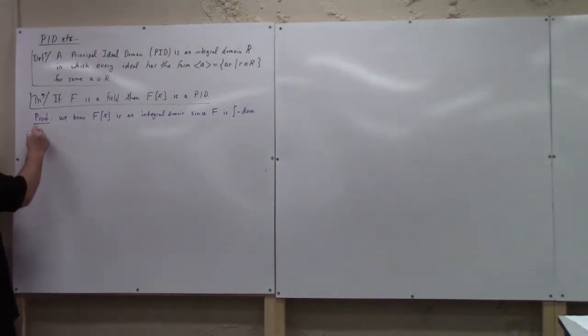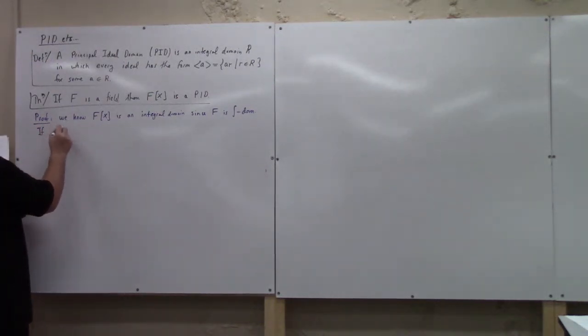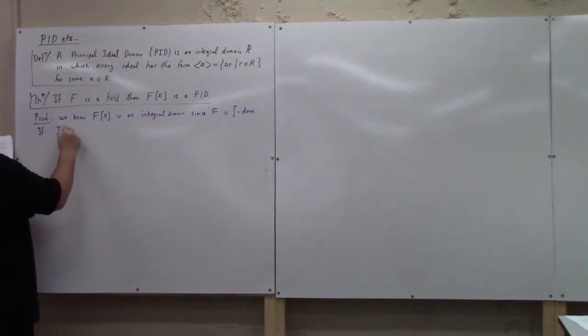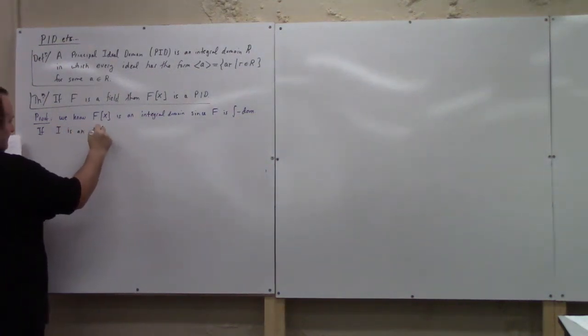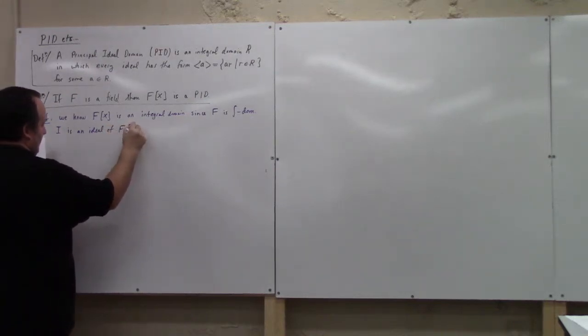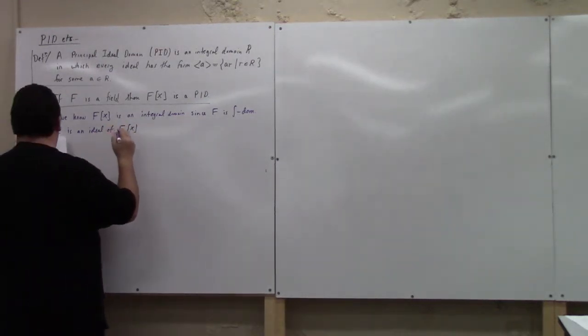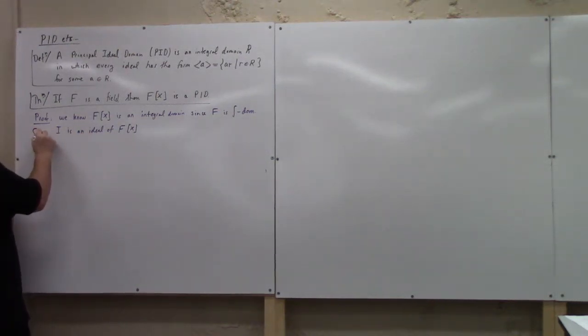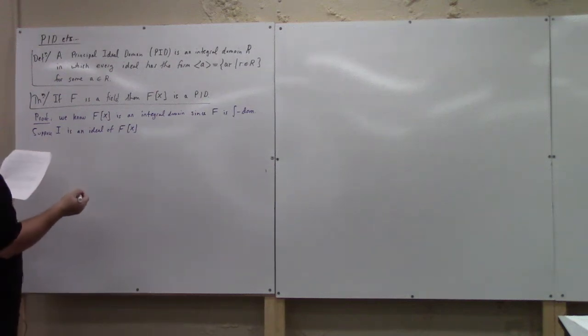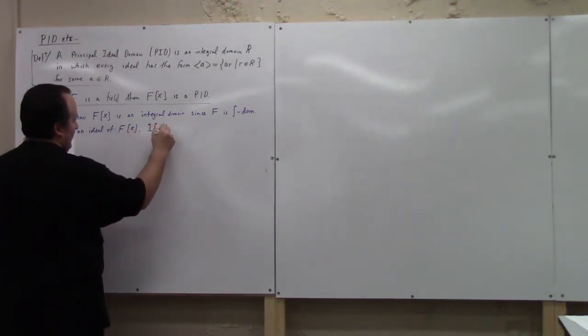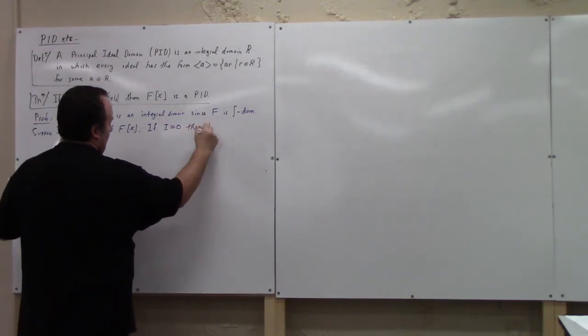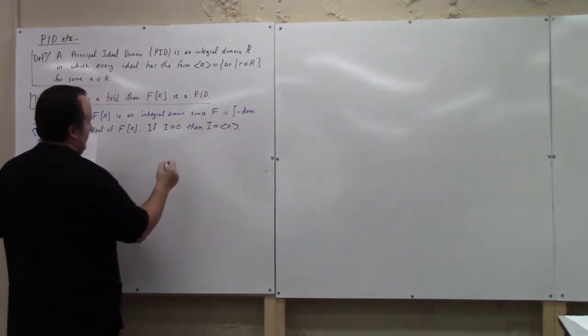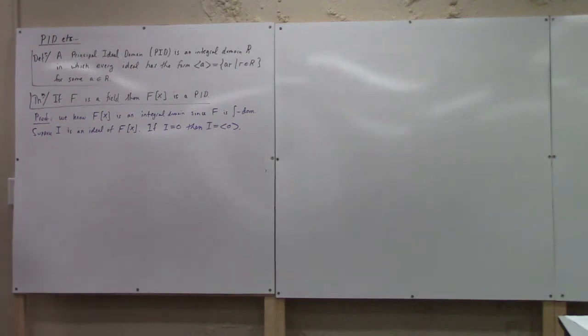So suppose I is an ideal of F[x], the polynomials over F. If I equals 0, then I is equal to the ideal generated by 0, so we're done. The 0 ideal is principal. What else? If I is not equal to 0,